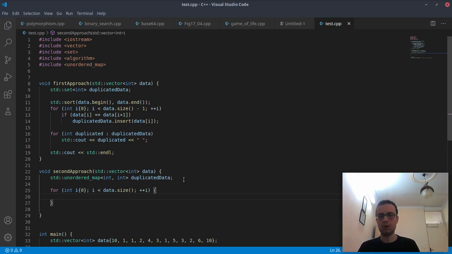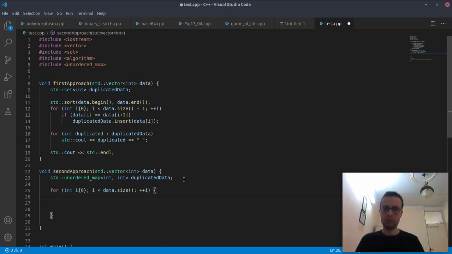Good enough. Now, if I have that data in my unordered map, in my dictionary, I should increment the number by 1. And if I don't have that, I should say that I have 1. So if